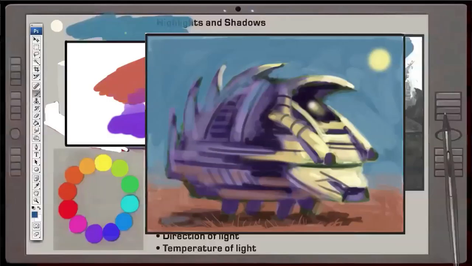Now I'm going to change the color. Instead of having a white form that is colored by the color of the light source, I'm going to start out with the local color blue for this spacecraft. So I'll just roughly sketch in the blue,